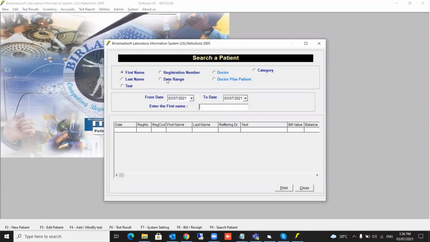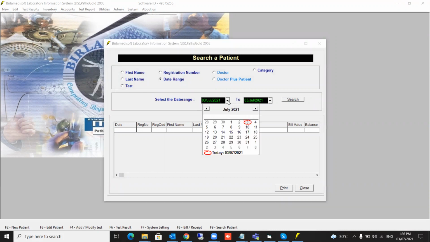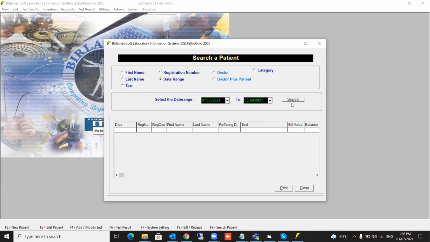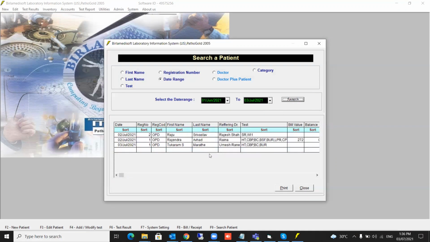Now let's see, you want to search a patient who has come 3-4 days back. You can just say, give me the patient list from 1st July till today, or from 1st June till today. Search. So many patients will come.